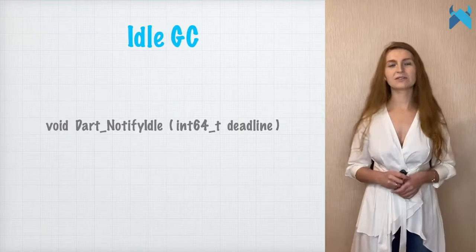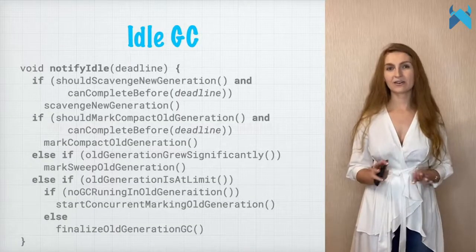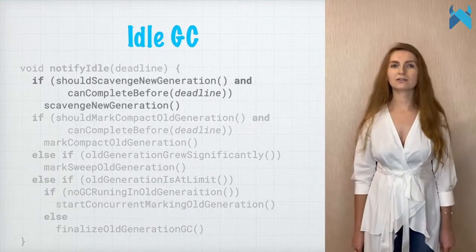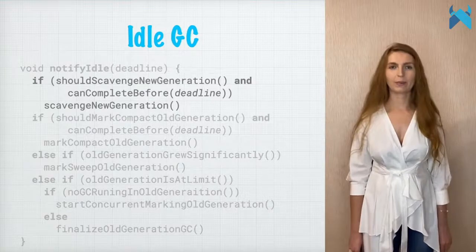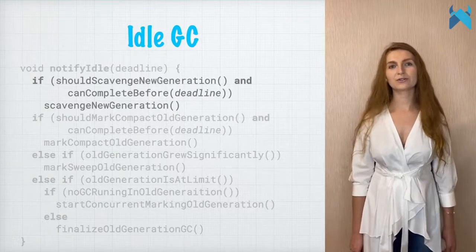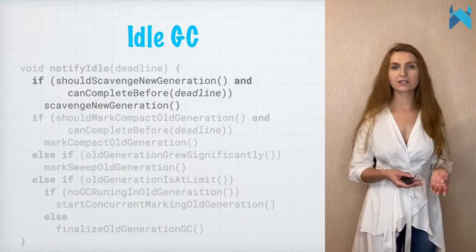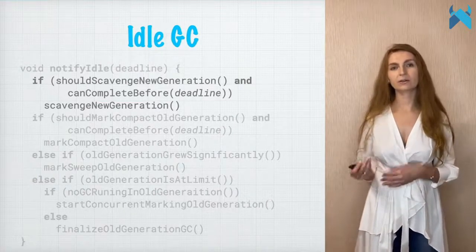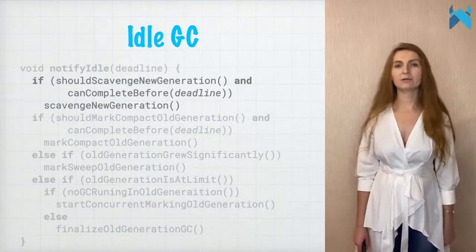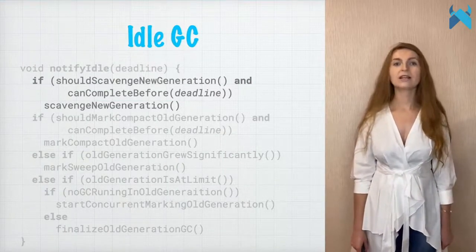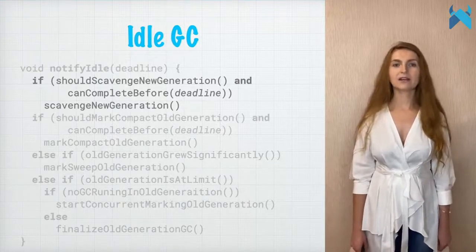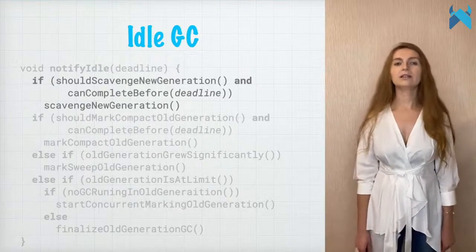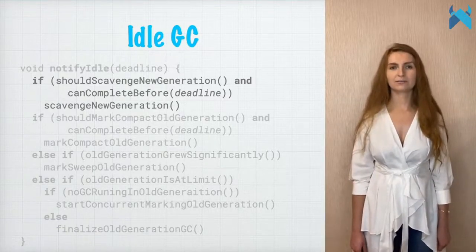Let's see what happens during these calls. This is rough pseudocode. First, GC decides if it wants to collect garbage in the new generation. And it may want to do it for two reasons. Either the new generation is getting full, or it makes sense to run the idle garbage collection in the old generation because it only has a couple of free pages left. And because, as we saw previously, the entire new generation is treated as routes while collecting the old generation, it is beneficial to minimize its size.